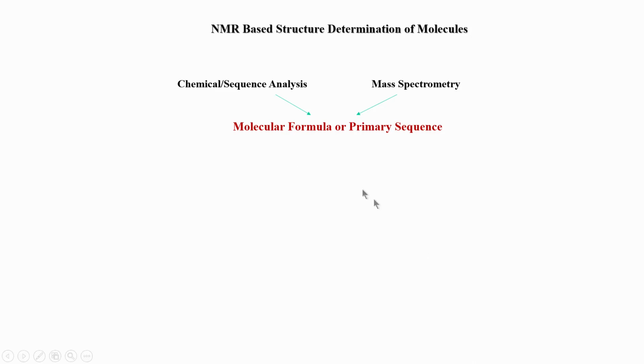Now, let us see an overall broad picture of how protein structures, or molecular structures in general, are solved by NMR. This is a general schematic for any molecule, not just biomolecules. Typically for organic molecules we do chemical analysis and mass spectrometry and we get an idea of the molecular formula. We can do the same thing with protein. Of course, in protein, as I said, we need to know the sequence of the protein. So, the primary sequence of the protein should be known. Without that, we cannot do any NMR structural studies.